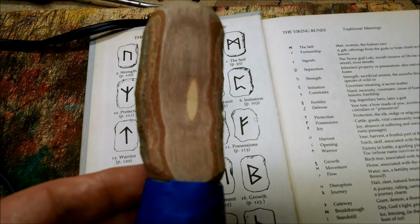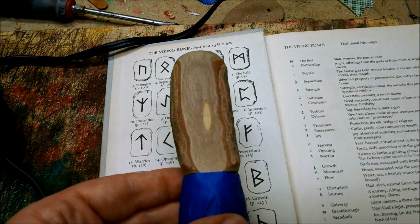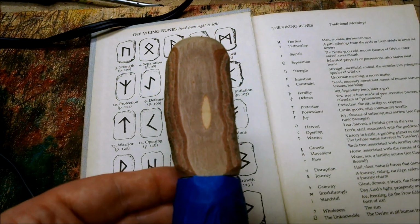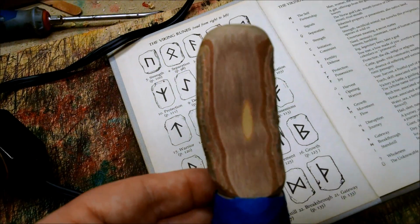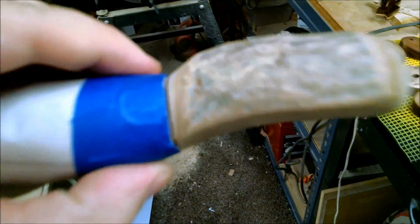Now, by that blonde oval you can see I sanded just a little bit too deep and got into the poplar dowel that's running through the center of the handle. But I made sure to stay...